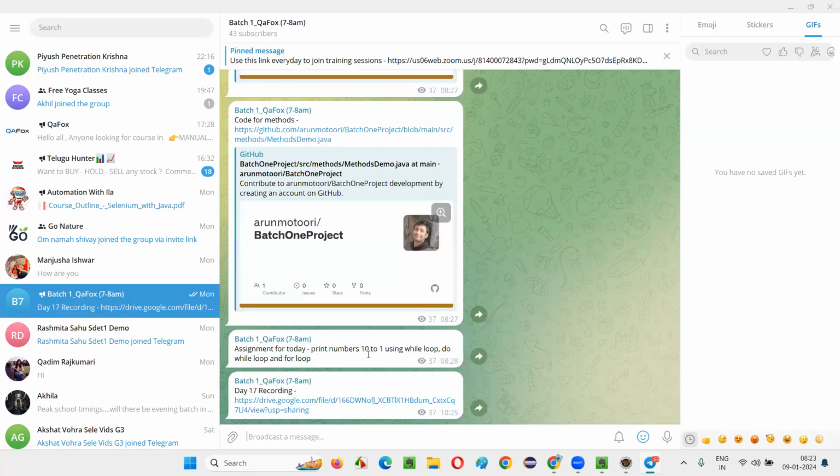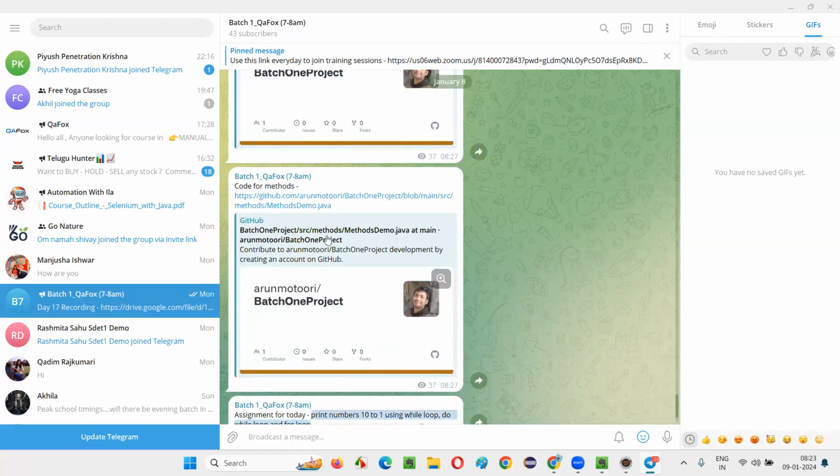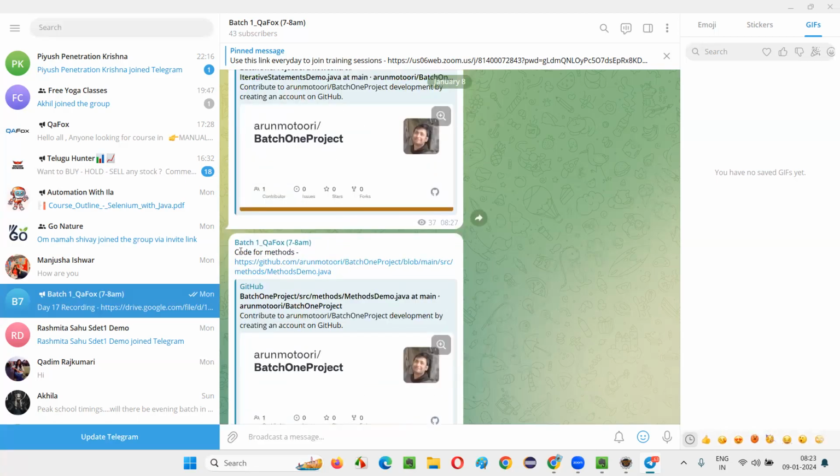So I asked people to, I just gave this assignment. Okay, so I explained how to print 1 to 10. Now, how to print 10 to 1, I was giving as an assignment. Okay, so whatever the code,